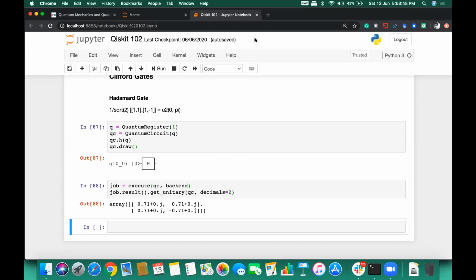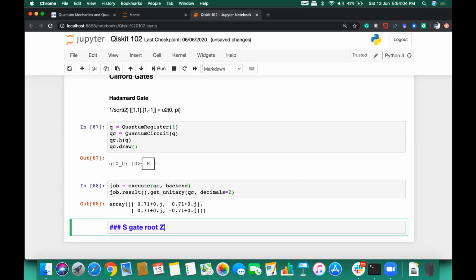All right. Next, we have the S gate. The S gate is also called the root Z phase gate. Okay.